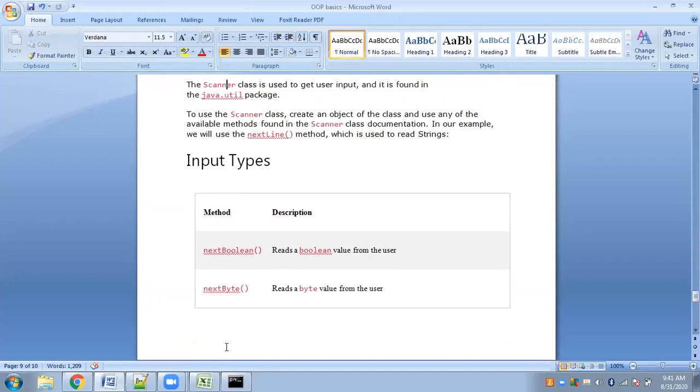Now, as I said, Scanner is a class and all these functions belong to the Scanner class. To be able to use the methods or functions of a class, we have to create objects.